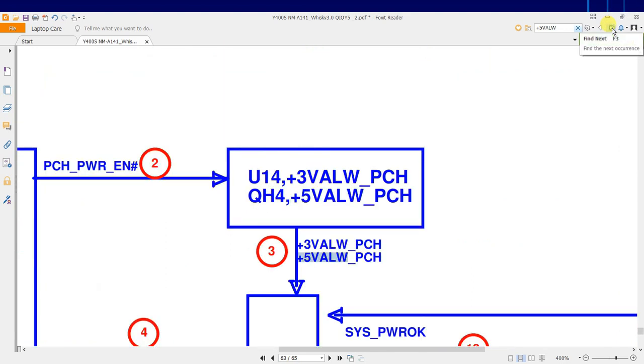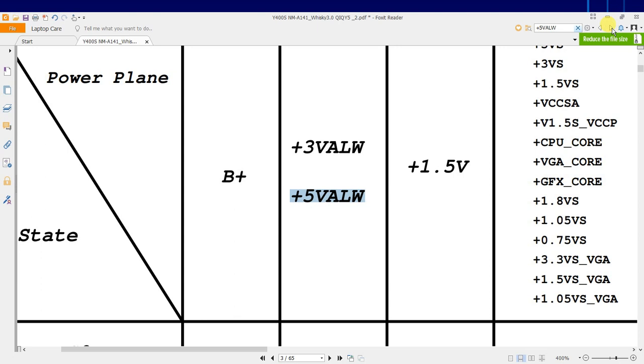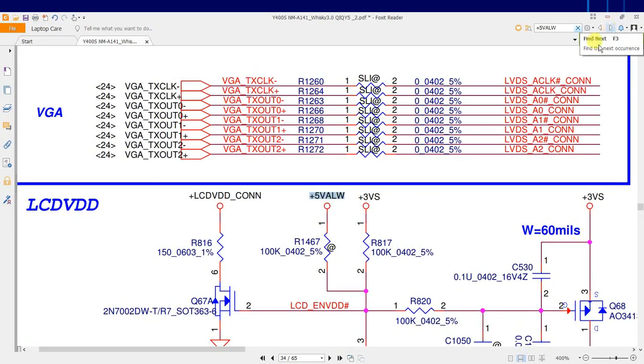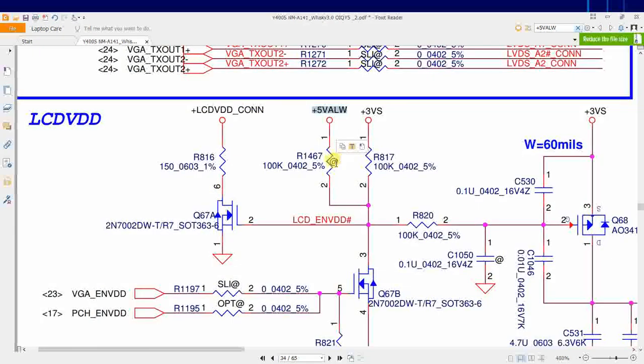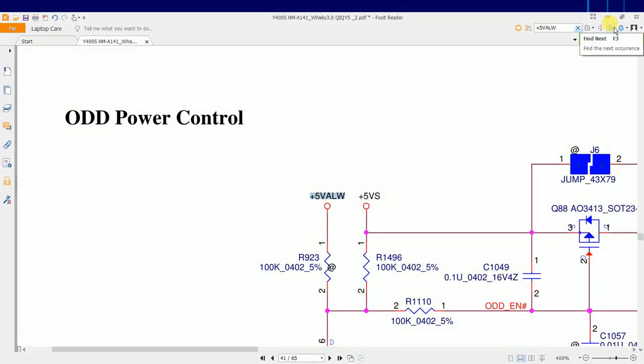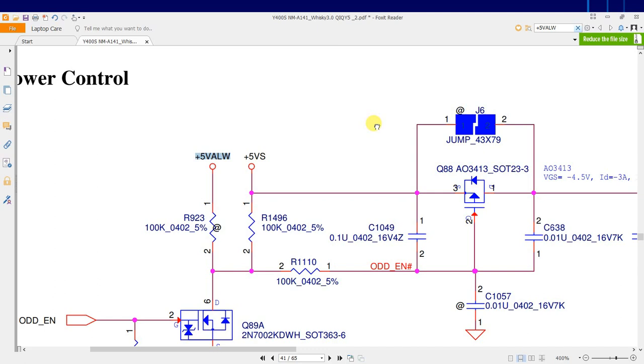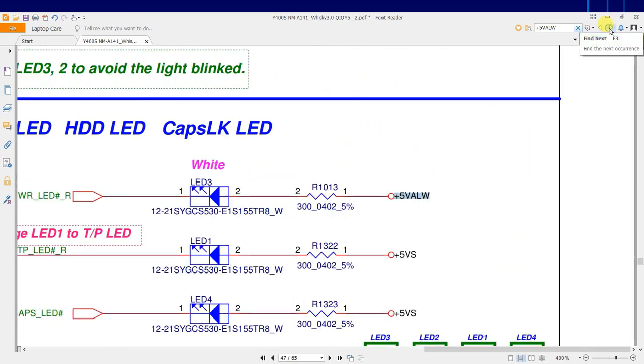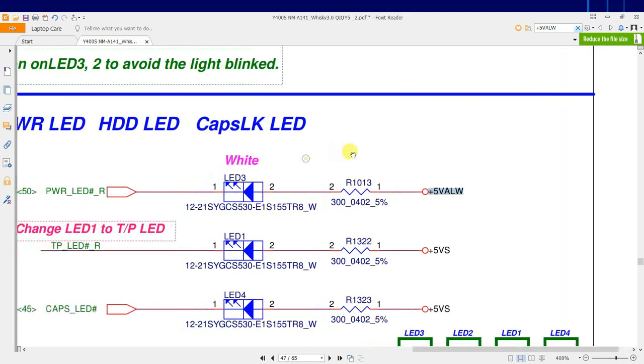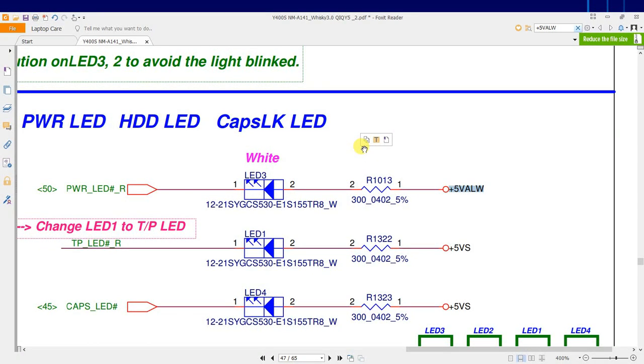So in many places it was going. It is going to the LCD VDD section as well. Then it is going to the optical disk drive section as well. Then it was going to the power LED, HDD and caps lock LED section as well.